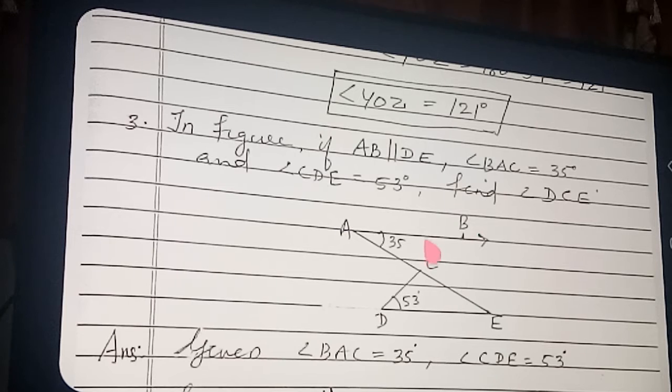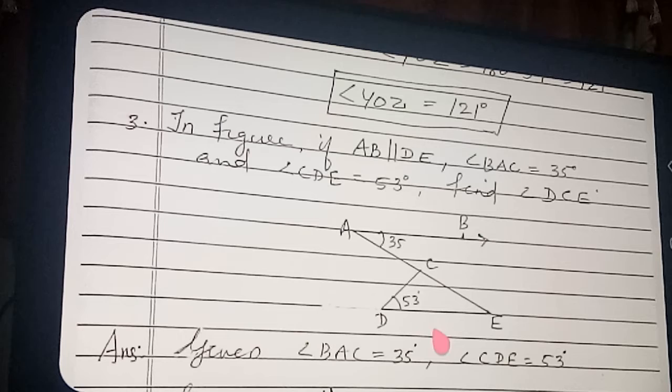Which idea? These two lines AB and DE are parallel, given, no? If these two lines AB and DE are parallel, what will happen? This angle and this angle, what type of angle? You can take AE as the transversal. So which type of angle are these two? Alternate interior angles. What about alternate interior angles? Equal. If this angle is 35, then what about this angle? 35. So if you get this angle as 35, then you know this angle, finding out this much only.